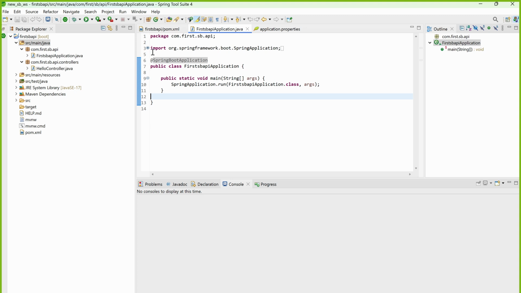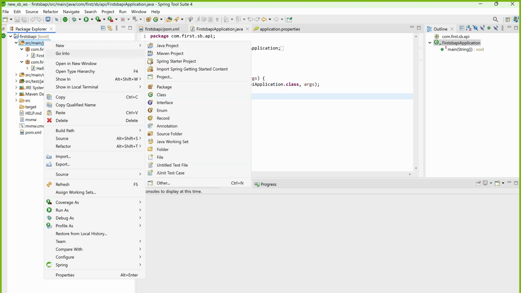Later, once the XMLs were gone, we created a separate configuration class where we defined the beans. Now, latest, if you don't want to provide any configuration from the developer side, what you have to do is, when you create a class,